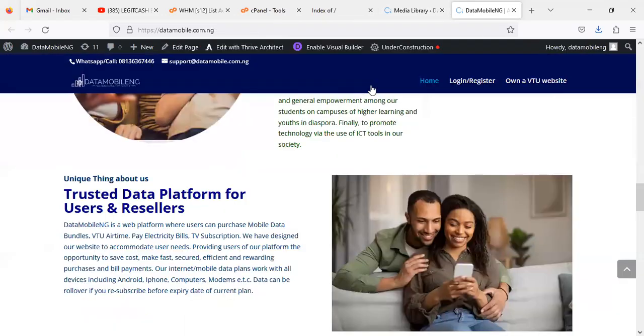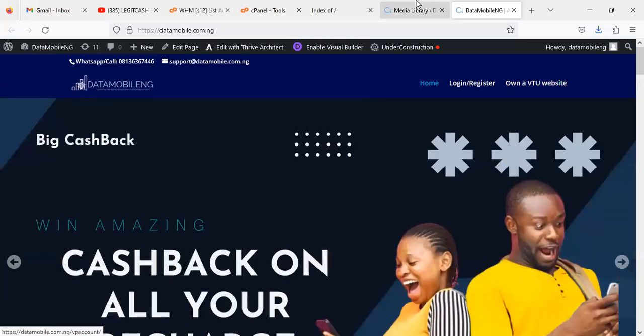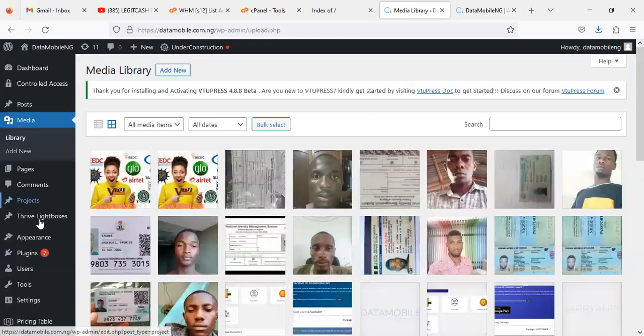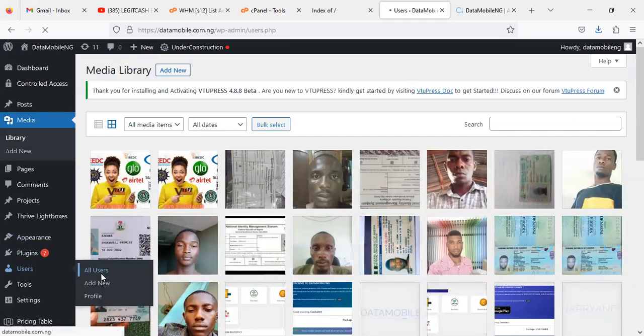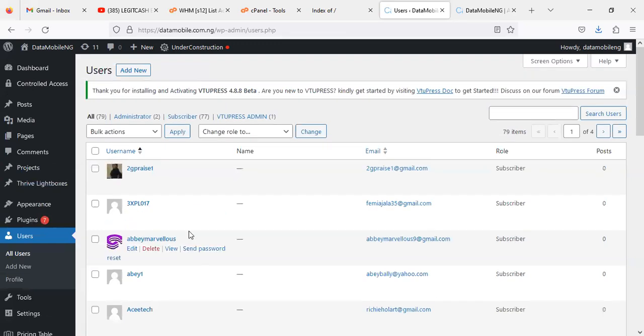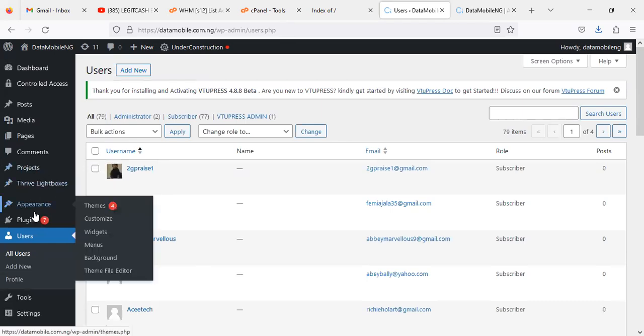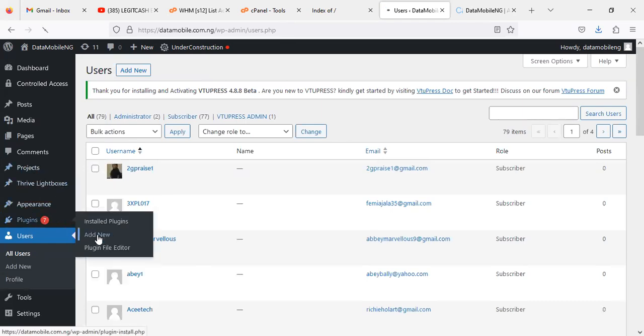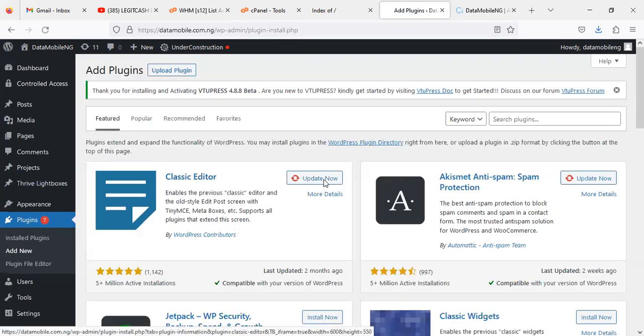Now, the next thing we need to get right is the user end, right? The user. Remember I told you about the user. So we need to back up this user, right? So how do we get it? We need to go to plugin, then add new. We need to look for a plugin that will enable us to back up user